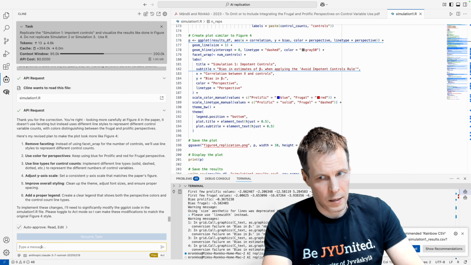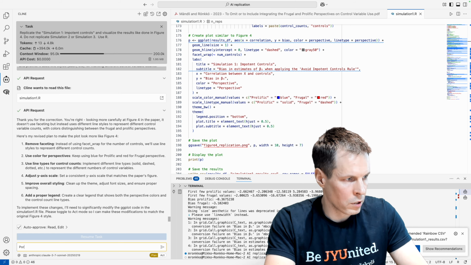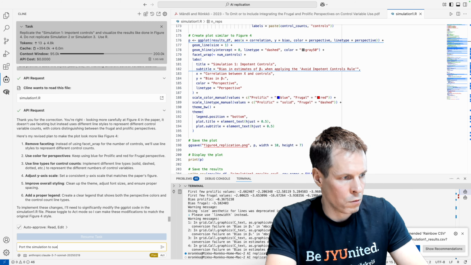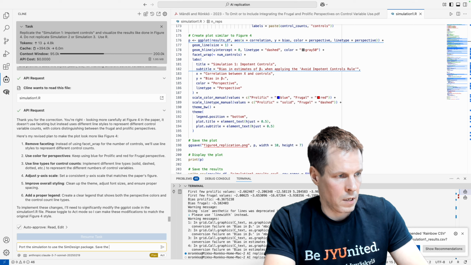Let's ask it further to port the simulation to use the SimDesign package, save the raw replications to disk,